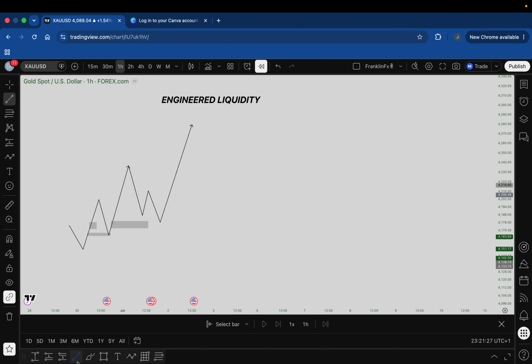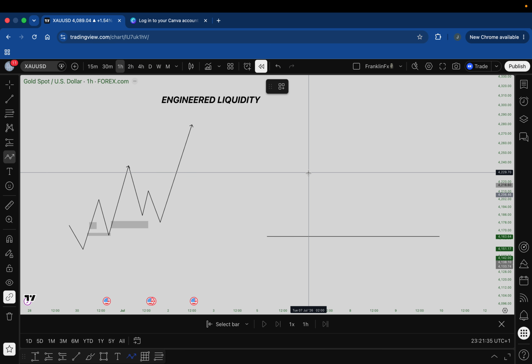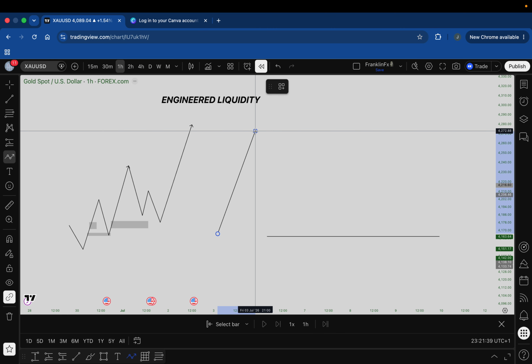Now, I draw something again. Let's say here is my POI. And then the market was up, maybe somewhere around here, and went all the way up. I expect the market to touch here and go up. Now, am I going to expect price to just touch that particular POI and go up? No. I expect a manipulation. What is that manipulation?